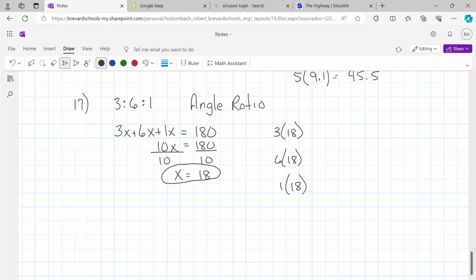So our 3 times 18 is 54, I'm sorry. Our 6 times 18, 108. And 1 times 18 is 18. Everybody okay with that? Now, if they change this,